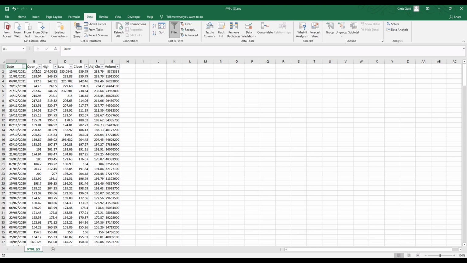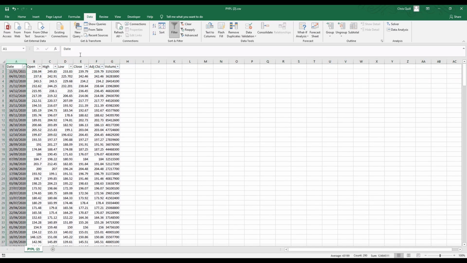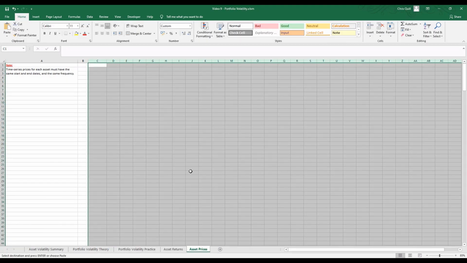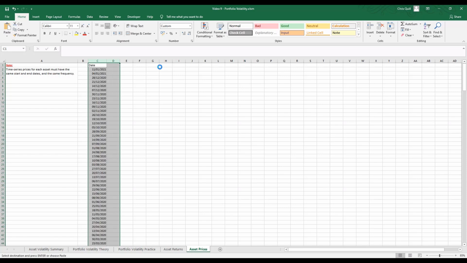We then want to grab the date column and the adjusted close column to copy and paste into our portfolio volatility spreadsheet. But before I do that, I've noticed here that the top row of price data isn't a full week of price data, so I'm going to delete that first. So I've left clicked on row 2 here, right clicked in that selection and gone to delete. That'll delete that row. Now I can select columns A and F, the date and adjusted close columns, and press Ctrl+C to copy those, and then paste them into columns C and D in the asset prices sheet of our